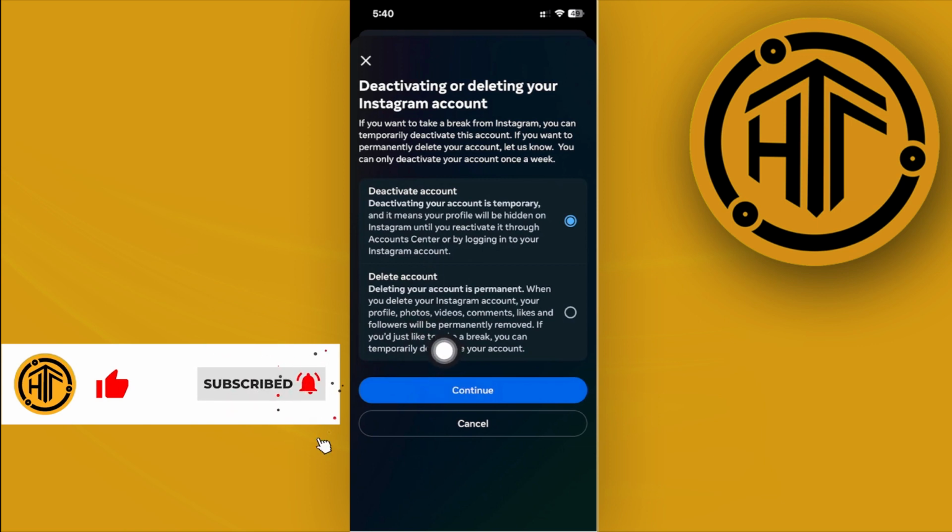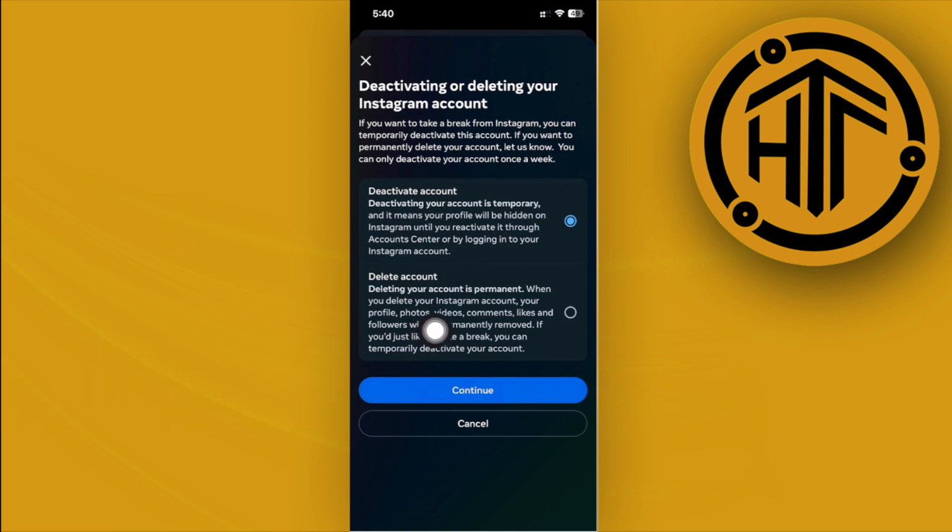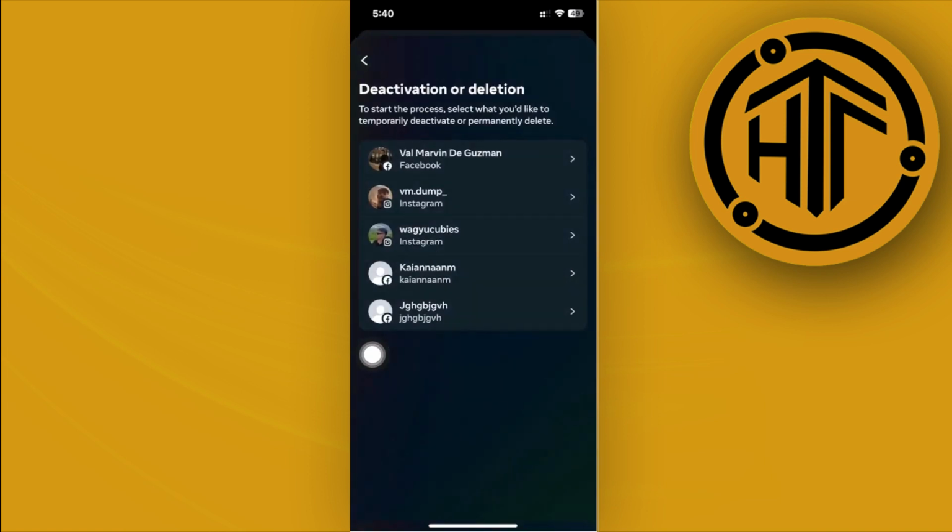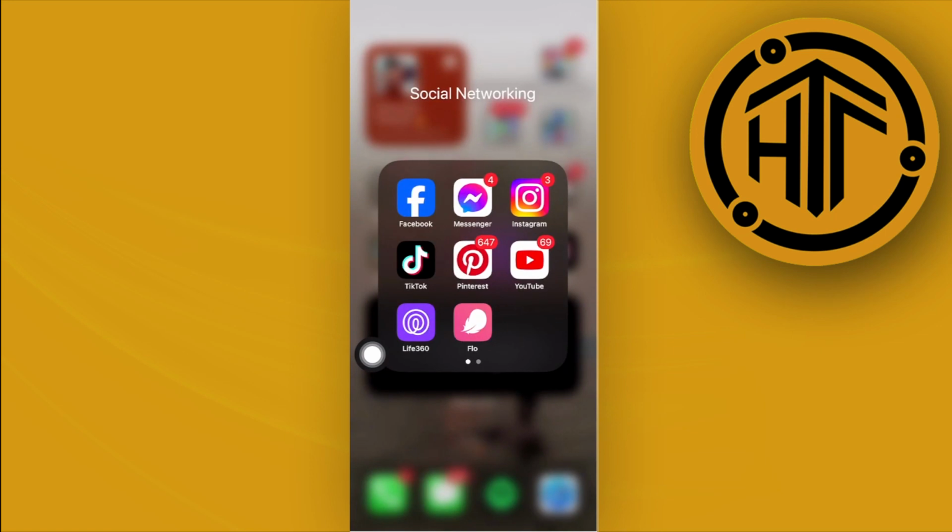And once that is done, it is going to be easy for you to reactivate your account again just by simply logging back into your account. Now doing that method should solve your issue, but if you're still experiencing this issue even though you've tried that method,